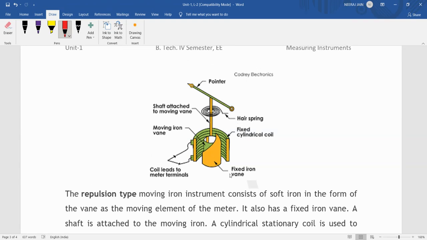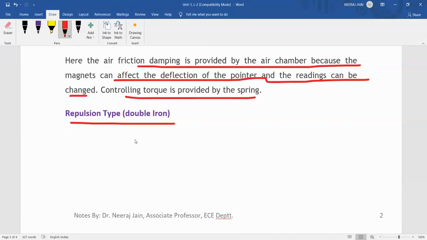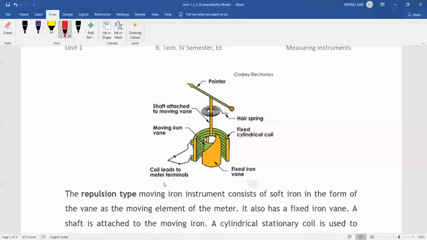रिपल्सन टाइप इंस्ट्रूमेंट्स में दो आयरन होते हैं, हमने यहाँ पर मेंशन किया है डबल आयरन। जैसा कि हमारे अट्रैक्शन टाइप में वन आयरन था, यहाँ पर टू आयरन होते हैं, वैन शेप के आयरन। वन आयरन तो ये फिक्स है, हमें यहाँ पर दिखाई दे रहा है कि एक आयरन यहाँ पर हमने, ये फिक्स आयरन है। और अनदर इज द मूवेबल आयरन वैन, दूसरा हमारा मूवेबल आयरन वैन होता है ये।